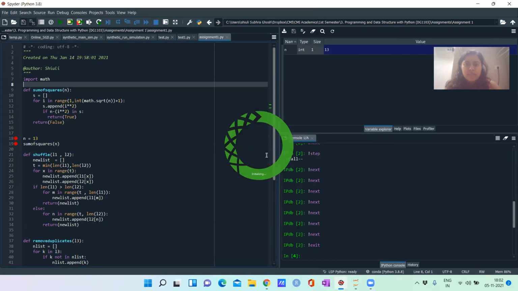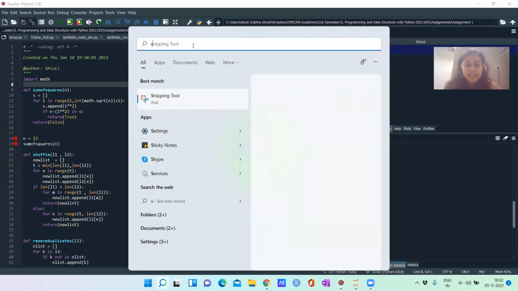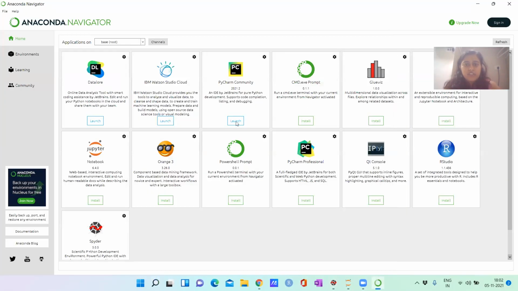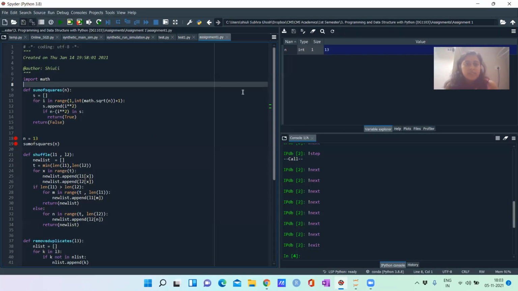It will take some time to start. If you have already installed it, then just type Jupyter Notebook here, and just type Spyder. I think it is pre-installed. Okay, Spyder, this one. So this is a Spyder IDE.